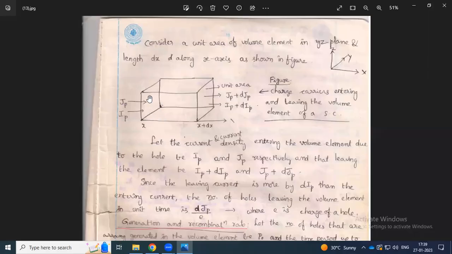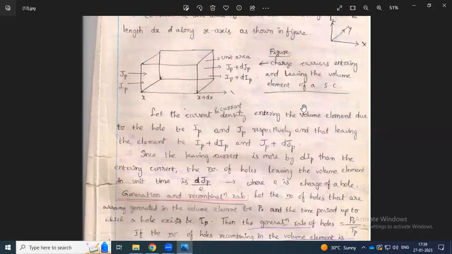Consider a unit area of volume element. You see, unit area you consider in the YZ plane. Here you see X, Y, Z. These three are perpendicular to each other. And length dx along the x-axis as shown in the figure. So, charge carriers entering and leaving the volume element of semiconductor. Here, Ip and Jp are,